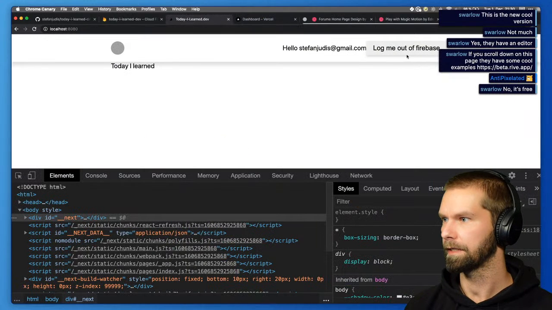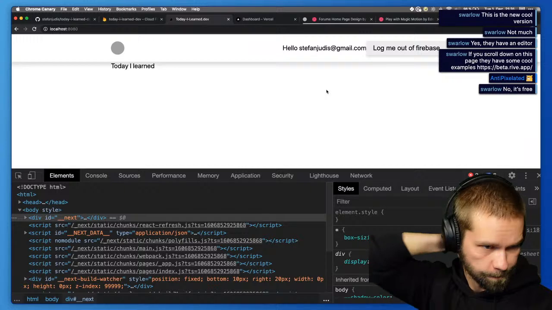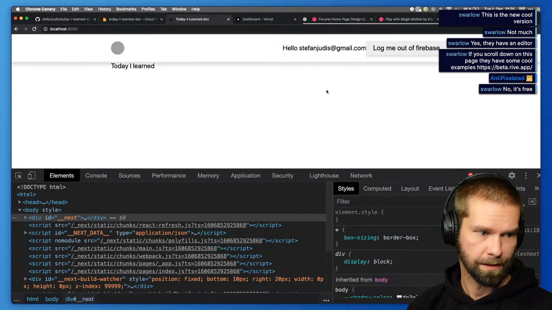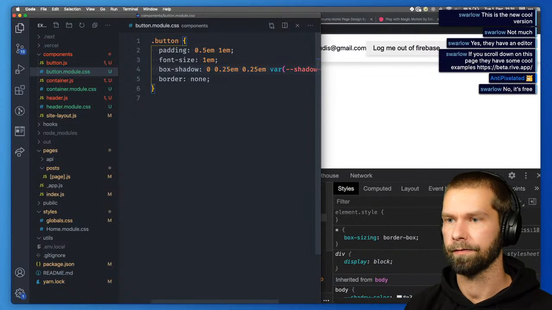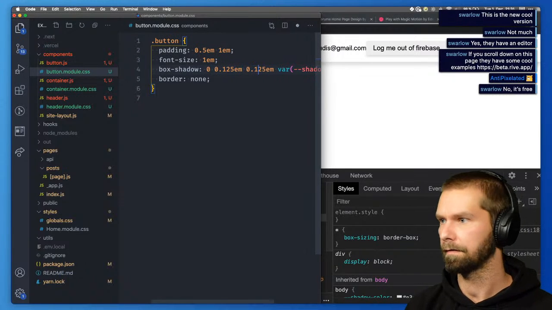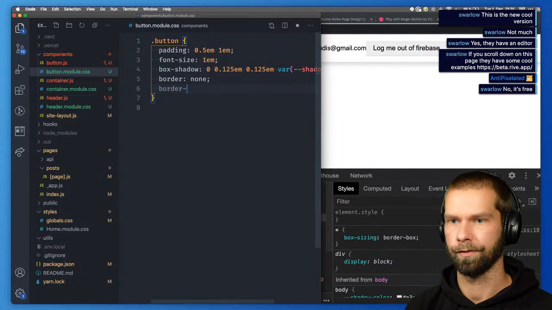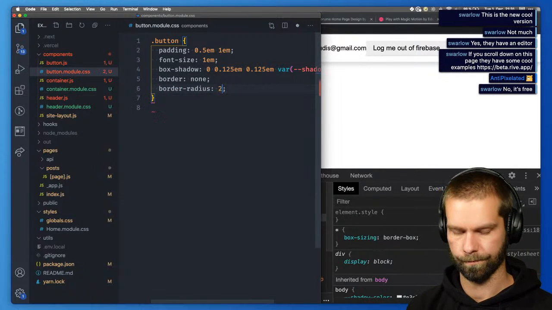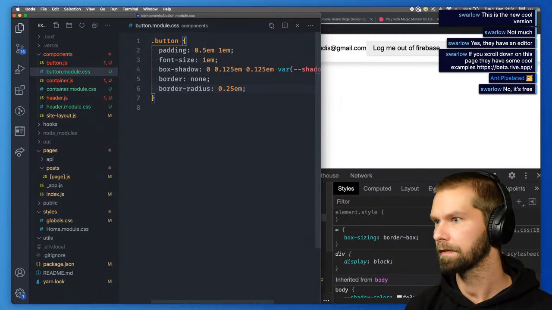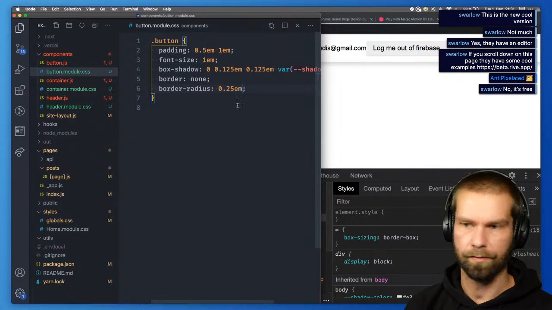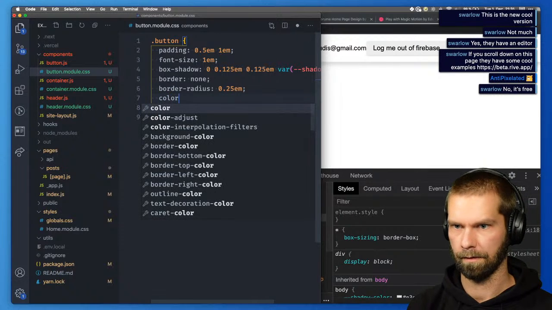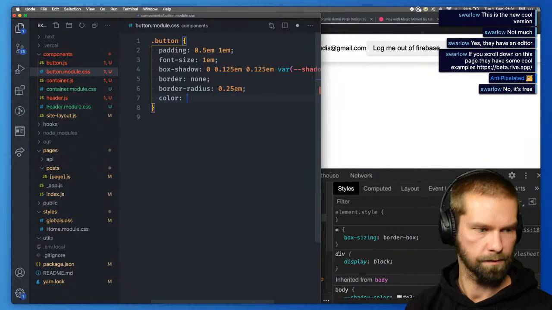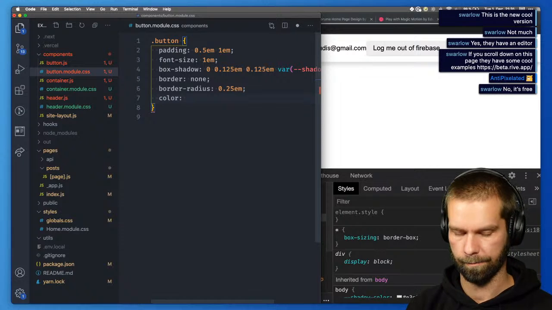So back to topic. Here we now have already our little button going. So what we can do now is make it look a little nicer, right? So let's do it like this. I think the box shadow is way too much. Does that look good now? Yeah, I don't think that's too bad. And then I would like to have color not completely black, but something like